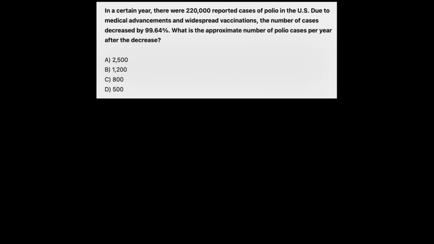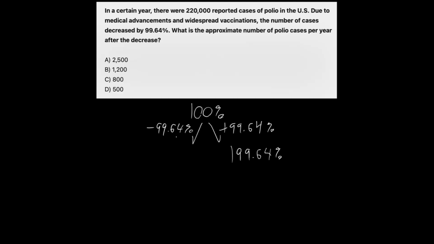Now going to our last question. In a certain year, there were 220,000 reported cases of polio in the U.S. Due to medical advancements and widespread vaccinations, the number of cases decreased by 99.64%. What is the approximate number of polio cases per year after the decrease? So once again, we have a percent change. So we'll start at 100. And from there, we could have gone up or down by the 99.64%. If we go up to 199.64%. If we go down, 100 minus 99.64 is